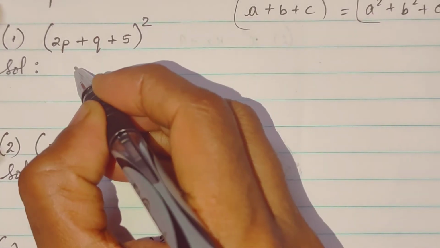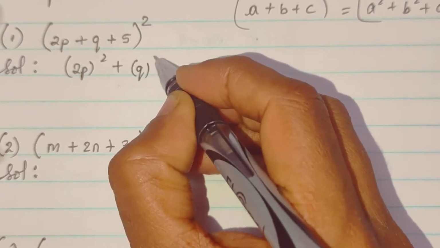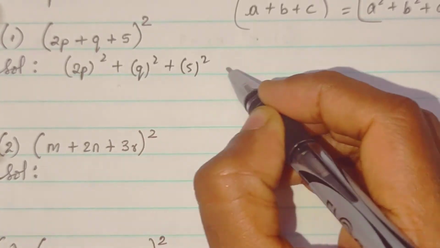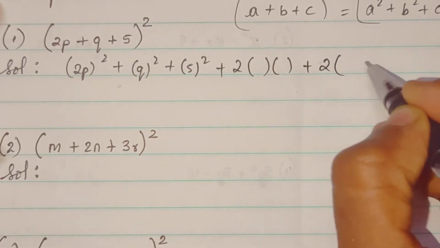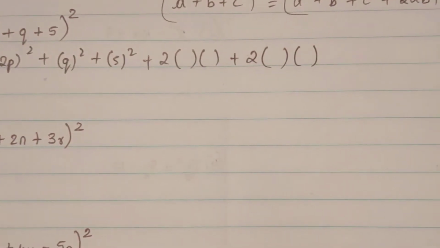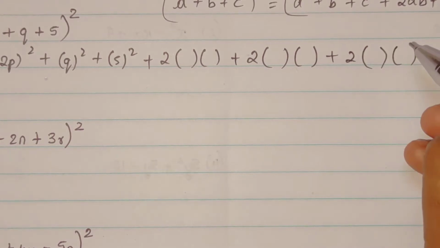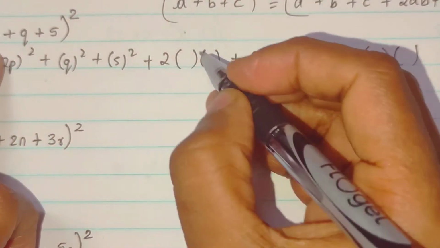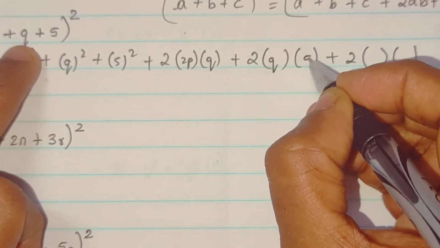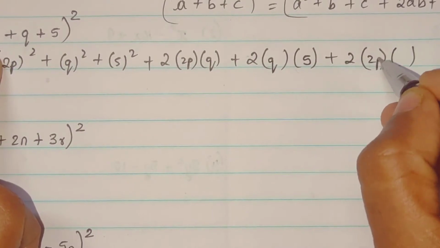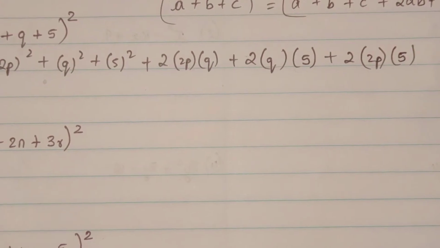According to the formula, a square plus b square plus c square and then 2 into a into b, then 2 into b into c and then 2 into a into c. So a is 2p, then b into c and then a into c. So the expansion will be